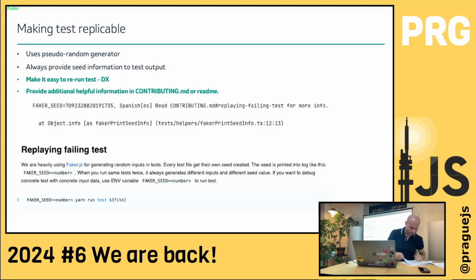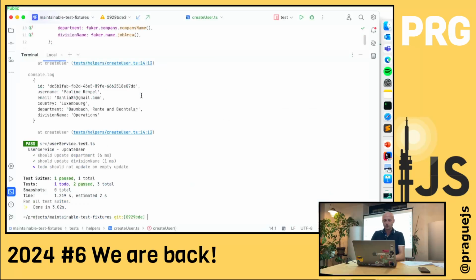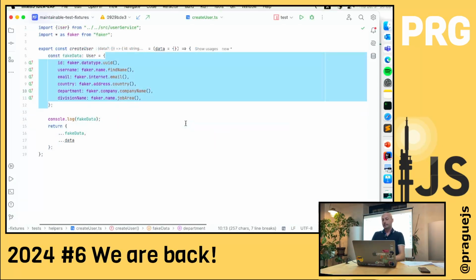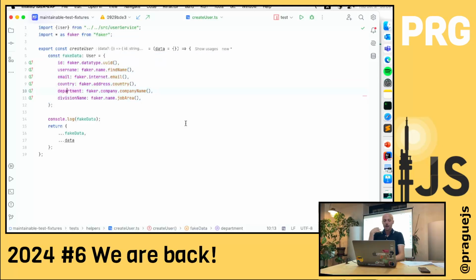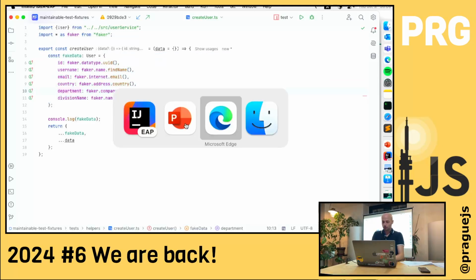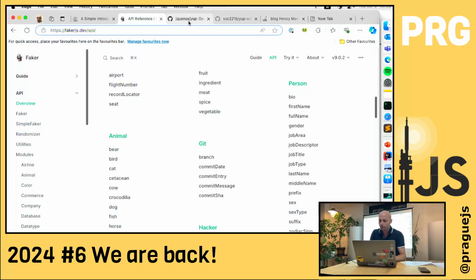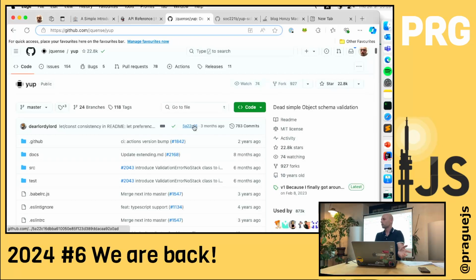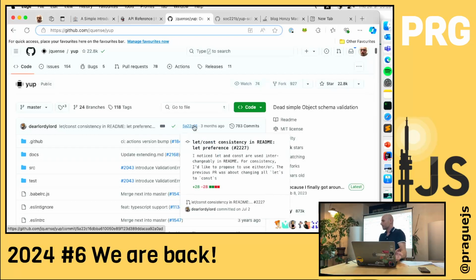Okay, so let's move on. If there are no more questions, there is actually more fun coming. The tests are still not done. Now we make all this data manually, and now I want to show you that we usually use some schema for validation, like Zod, or JSON schema.